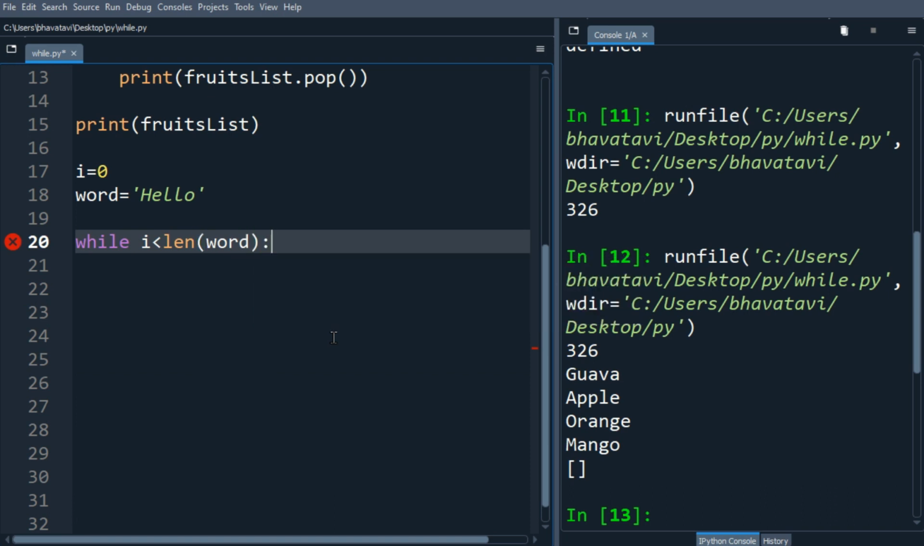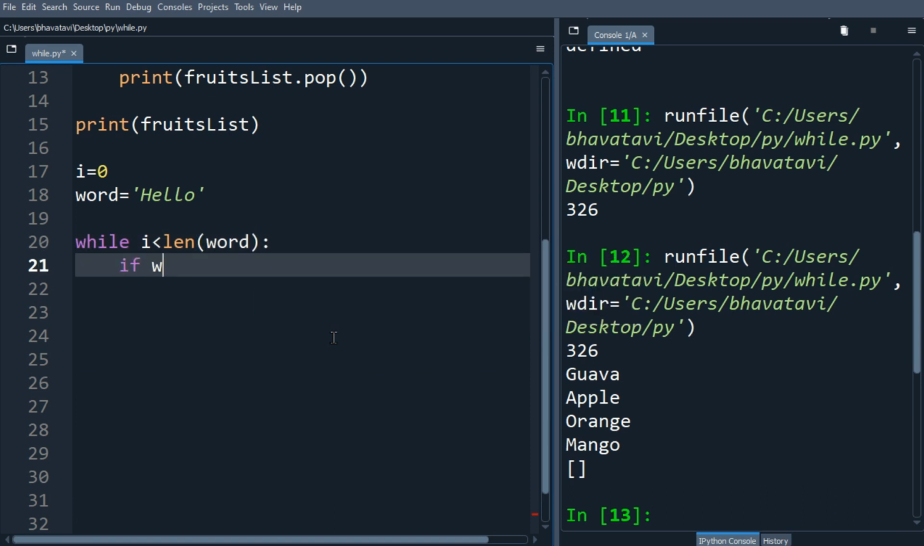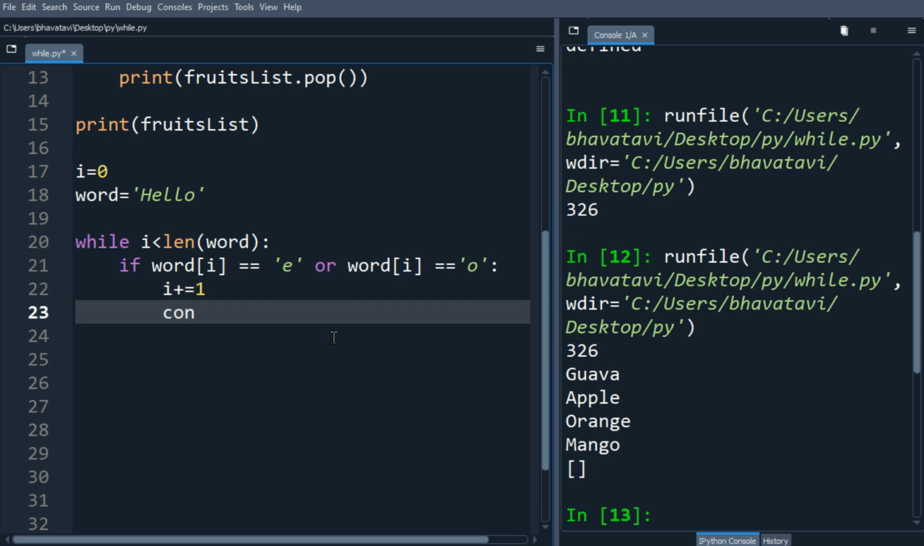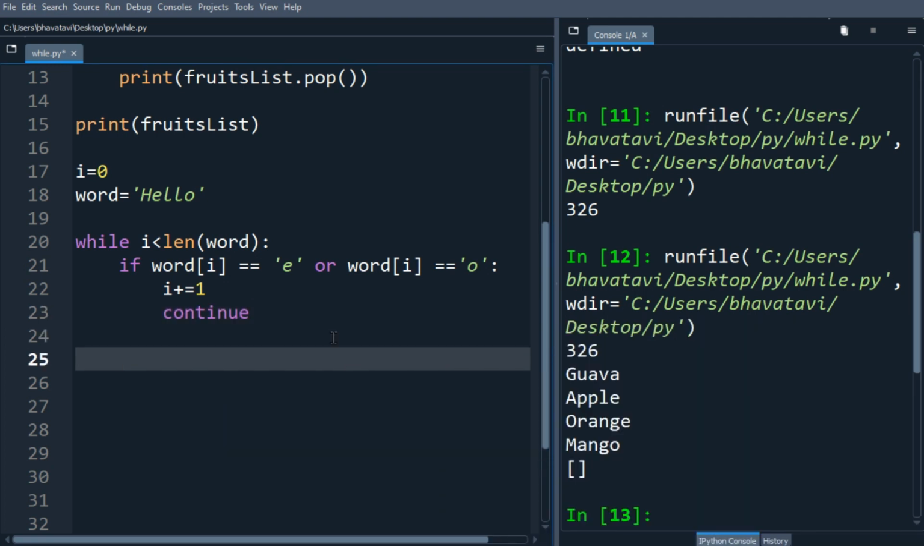Okay, so let's make an if statement. If word of i is equals e, or word of i is equals o, then we'll increment the counter by 1, and we'll make the continue, okay. And let's print